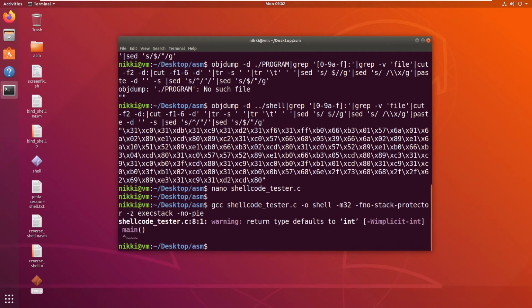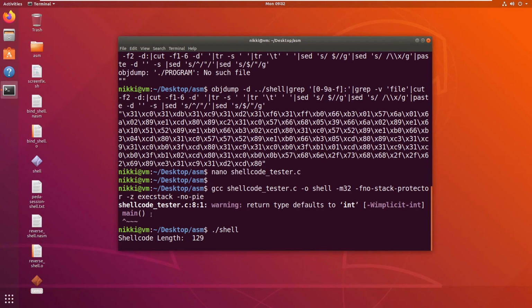Since it's just a warning, we ignore it. Now we are going to run this binary. As you can see, guys, our shellcode length is 129 bytes.